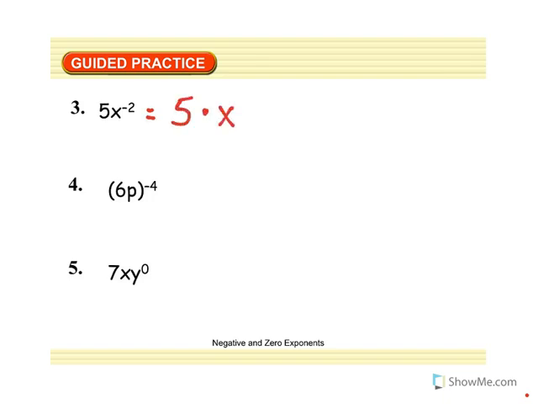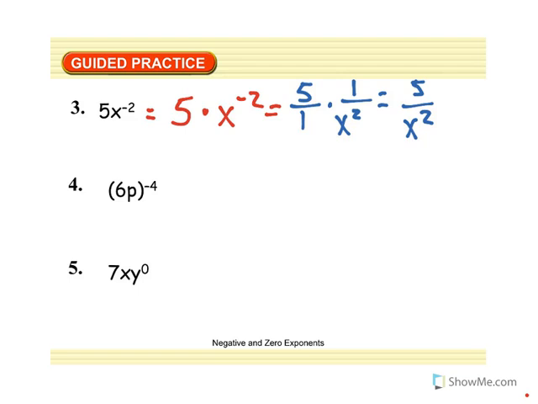So I can just as easily express this as 5 times x to the negative second, which means I can rewrite both of these as fractions, right? How do I write a constant as a fraction? We use a denominator of 1. How do I express x to the negative second? Well, we just looked at that. That's 1 divided by x squared. How do we multiply fractions? Multiply the numerators and multiply the denominators. So there's our proof. It doesn't make sense to put 1 over 5x squared, and that's what a lot of us are going to do,